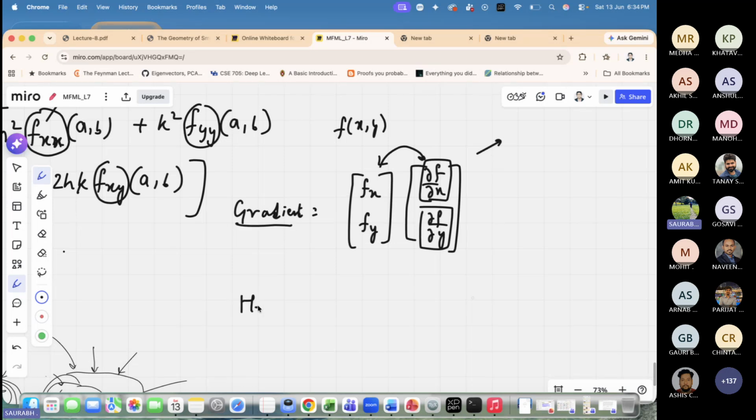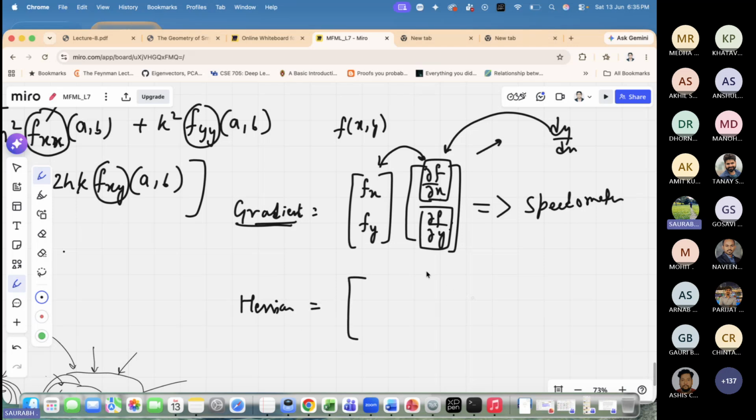Hessian is, think of gradient again, because this is the instantaneous rate of change, right? When you take dy by dx, it's an instantaneous rate of change. Basically, this is the instantaneous rate of change of the function with respect to x, and the instantaneous rate of change of the function with respect to y. This is basically what your speedometer tells you, right? Now, Hessian